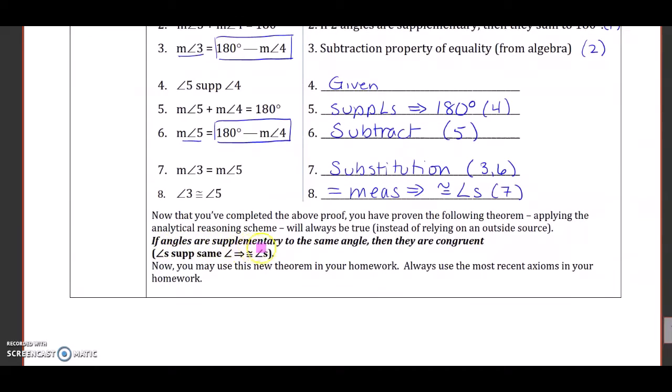If angles are supplementary to the same angle, then they are congruent. So here's the short form, and no, you cannot make that any shorter. Angles sup to the same angle